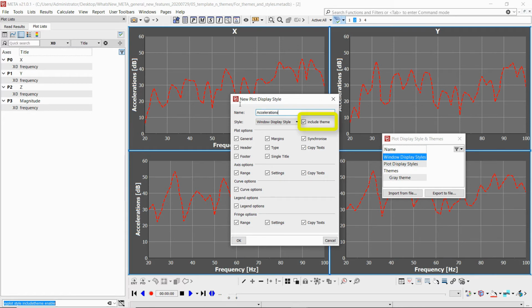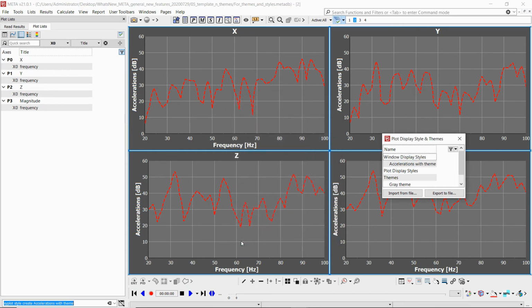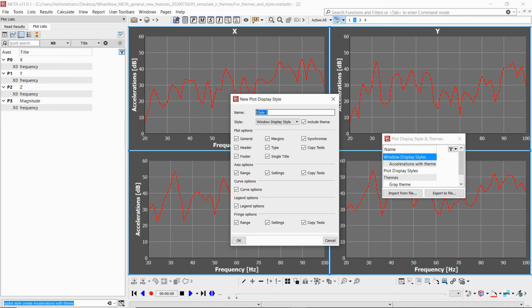I may choose to include or not include the theme when saving this. So I'll save two versions just to demonstrate the difference. So this will be the accelerations window style, including the theme. And I'll also save another one, this time without the theme.